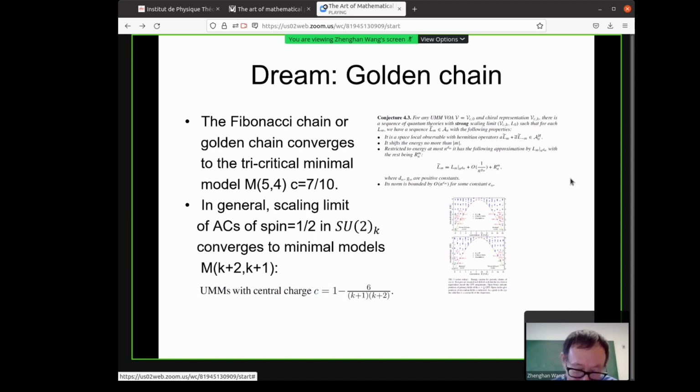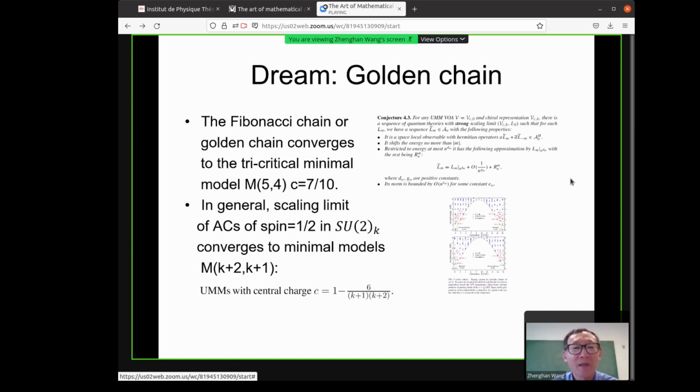For example, one thing I'm thinking about, I asked Paul Fendley a few days ago, is whether the exact solution in the statistical mechanics correspondence would tell me about the spectrum of the Fibonacci chains, so that I know how the eigenenergy levels or the eigenvalues converge, and then how the states converge. We don't know how to do this,